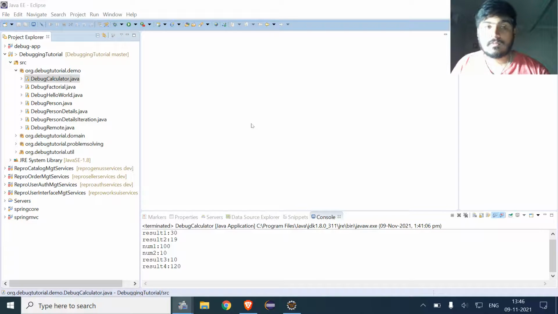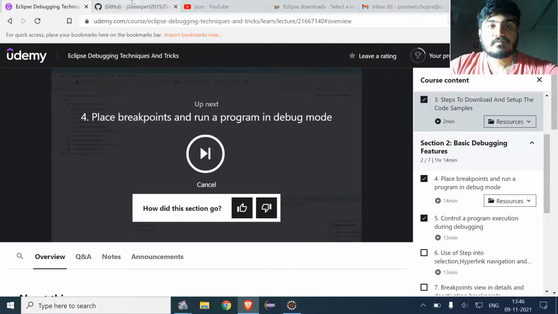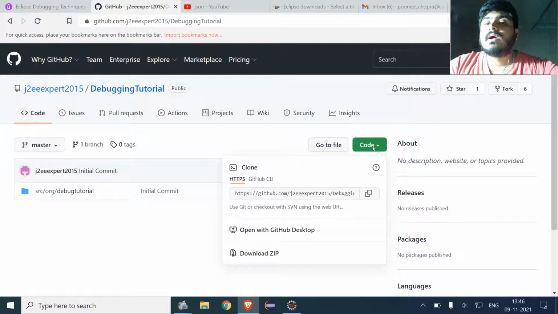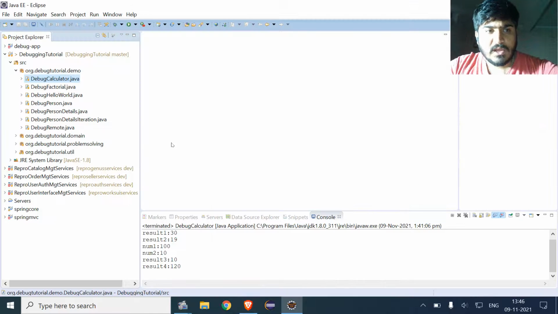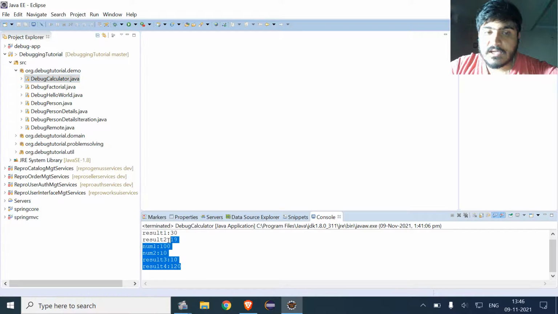Now if I come to this, they have given a GitHub repository, and here they have given the link for the code, and I have imported that. While running the sample program as Run As, I have configured this. After importing and configuring, when I run it as a Java application, it is showing the desired output.